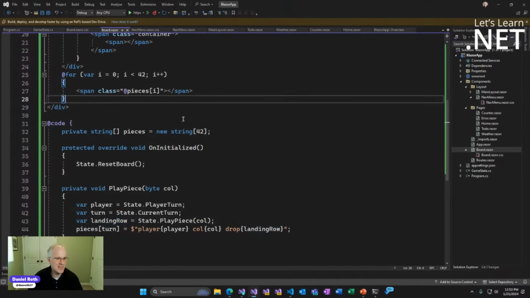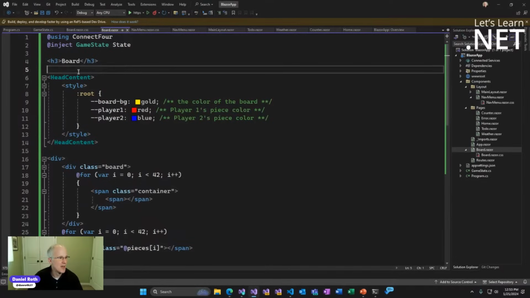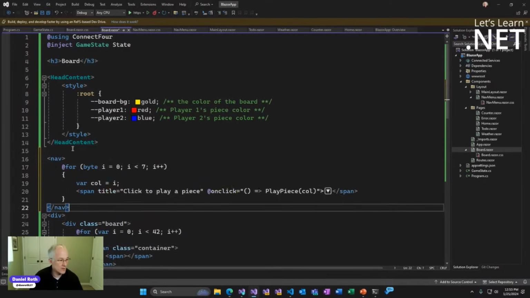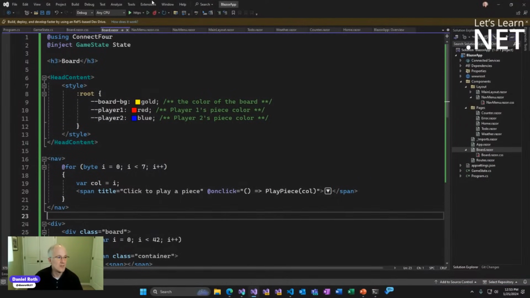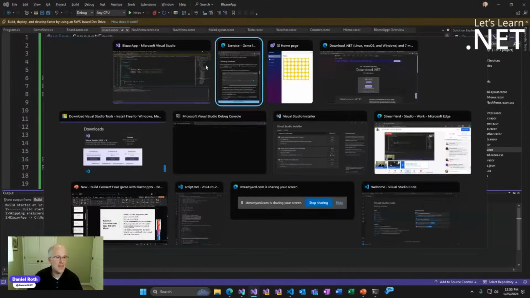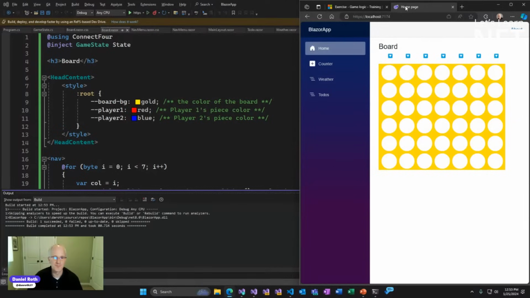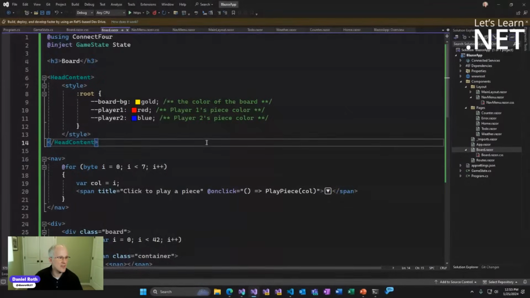Okay, so let's add this. We'll copy this code and put it right above the board. I think it goes right there. Let's see if that works. It looks like I have to restart my app to get it running again. No problem. All right, so now you see I've got these little icons sitting above each column. And if we look at the